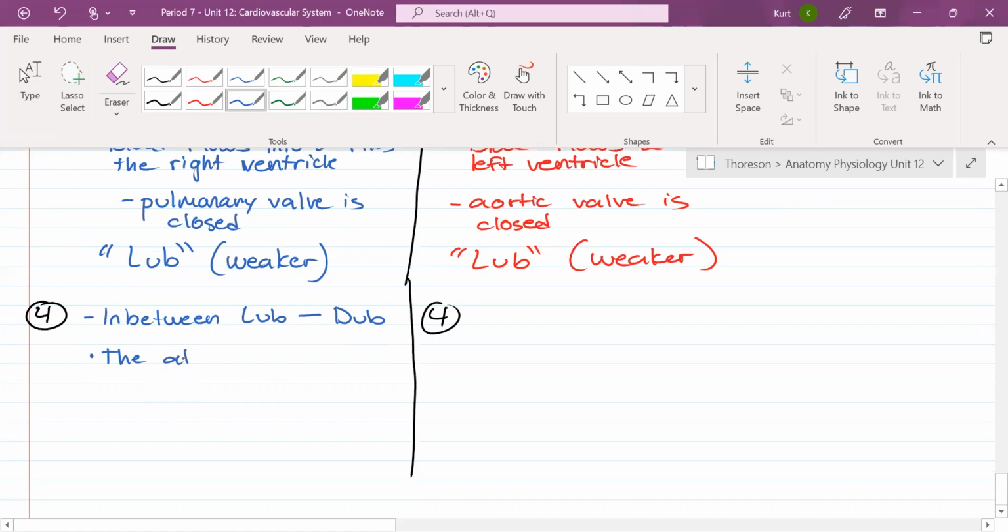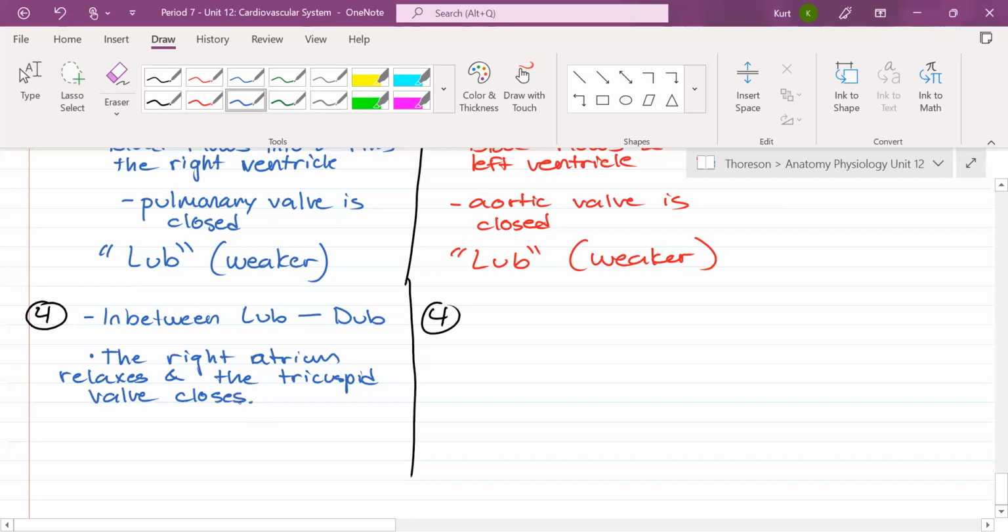The atria, I should be specific, right? The right atrium relaxes and the tricuspid valve